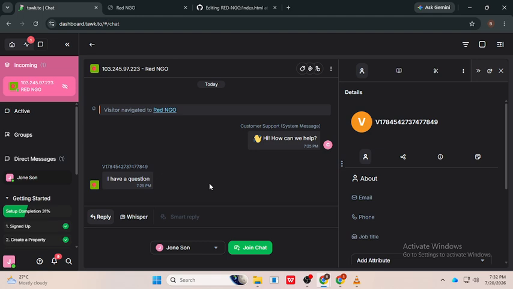Finally, review your chat history, reports, and team activity to identify trends and improve response times. You can also update your knowledge base to help customers find answers to common questions on their own. Regularly reviewing your support workflow helps you deliver a better customer experience, and that's how to use Tawk.to for customer support. By managing live chats, support tickets, and your team from one dashboard, you can provide faster and more organized